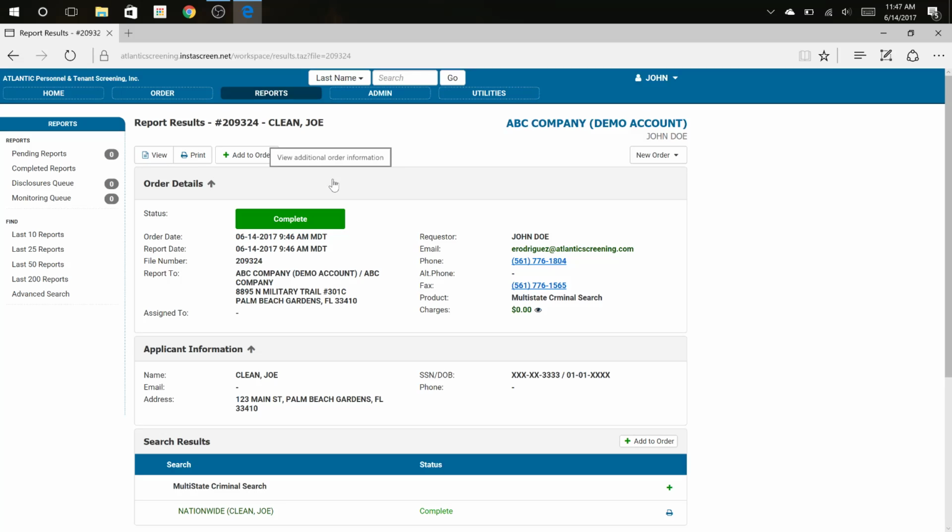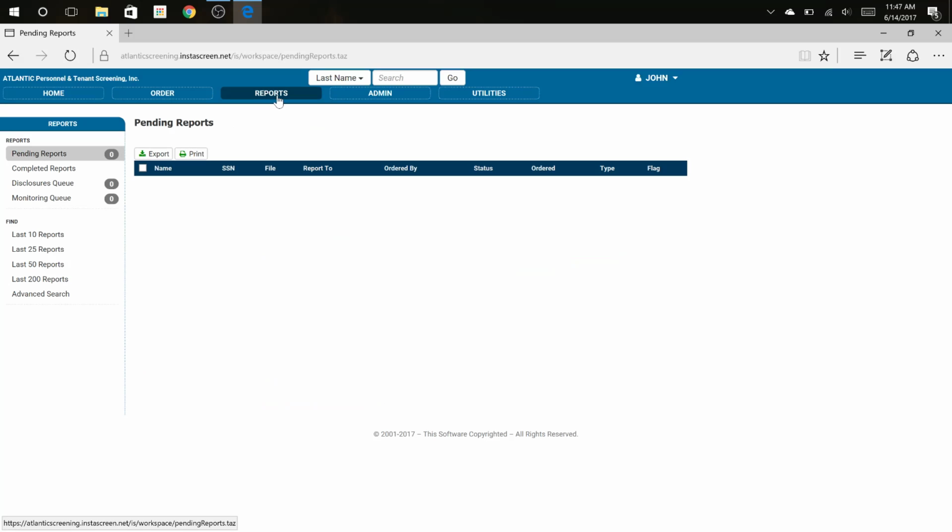This is how you will order a report. To find any reports in the system, you'll click Reports. This tab will take you to your pending reports queue. Anything that is still waiting to be completed by Atlantic will record here. Once the report is fully completed, you'll receive an email and the report will move automatically to your completed reports queue. Under this Reports tab, the second button down, Completed Reports,